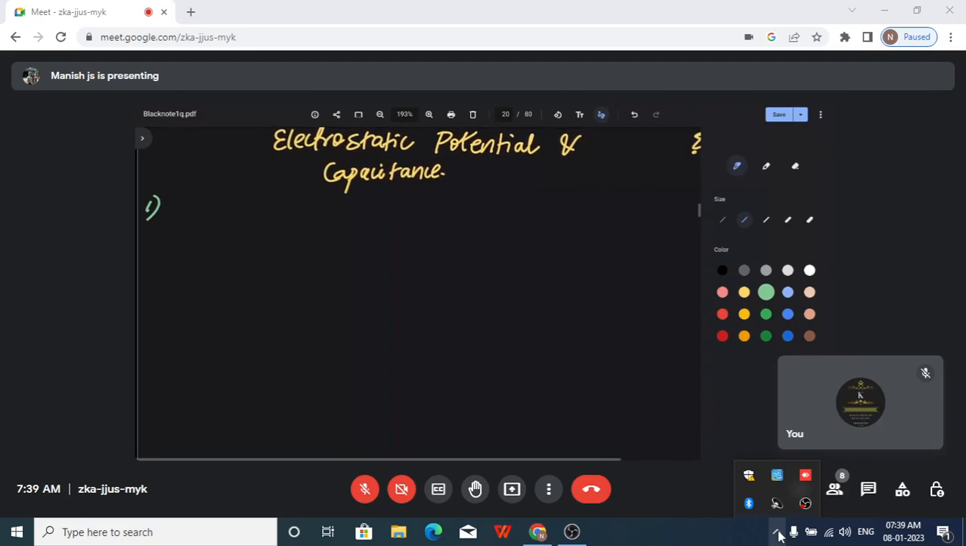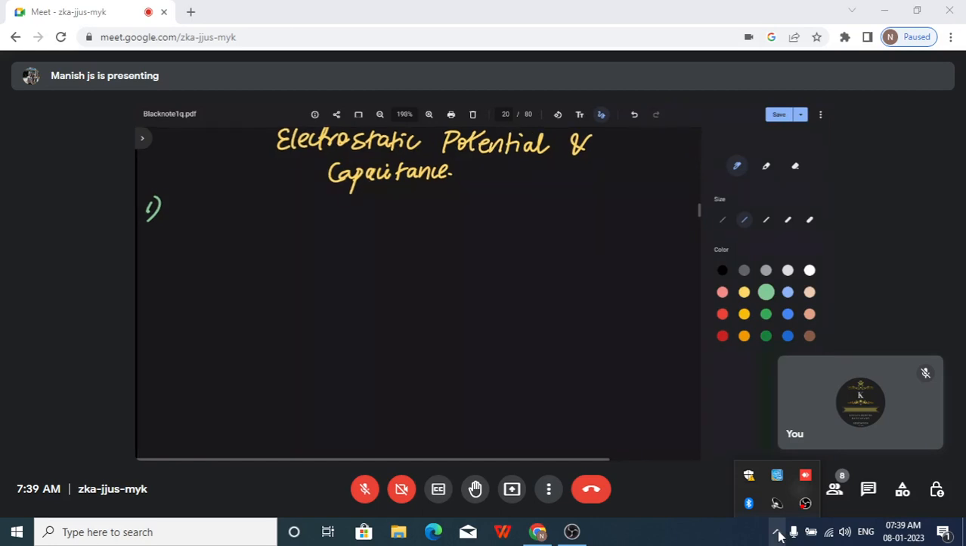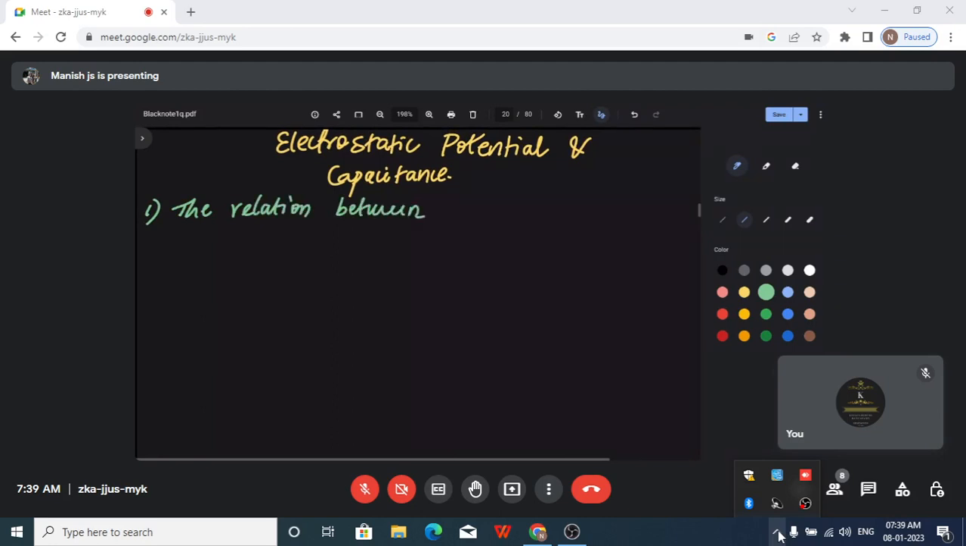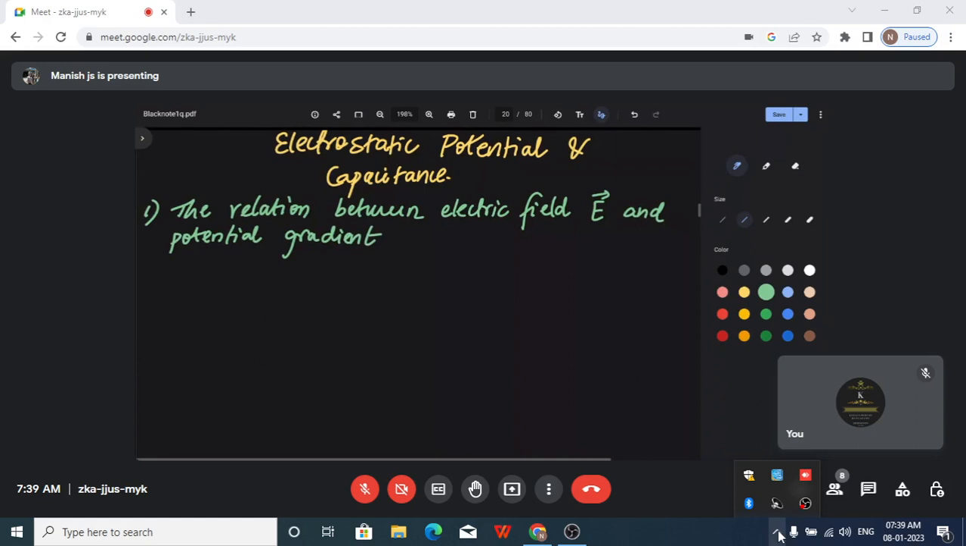Okay, so we'll start off with some easier ones. So first question. The relation between electric field, that is vector E, and potential gradient, that is dV by dr, is given by,